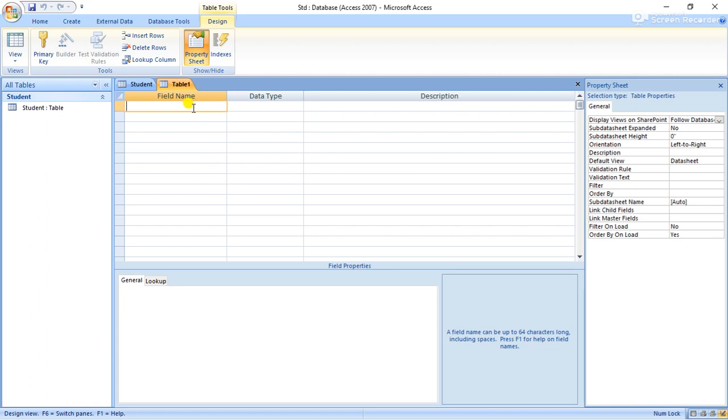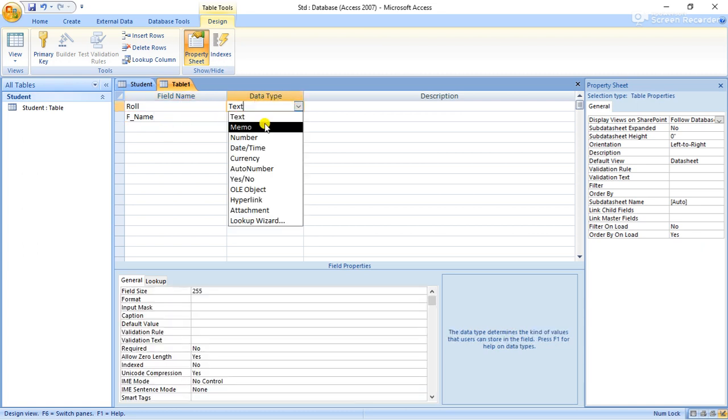Here we have to put some field names like roll, F underscore name, that means father name, or you can write the full form.